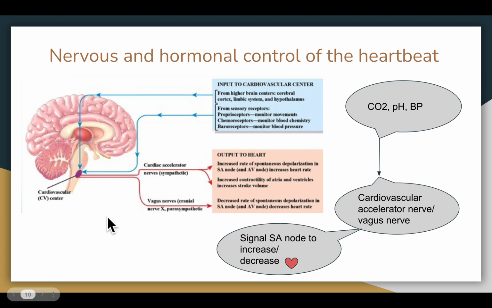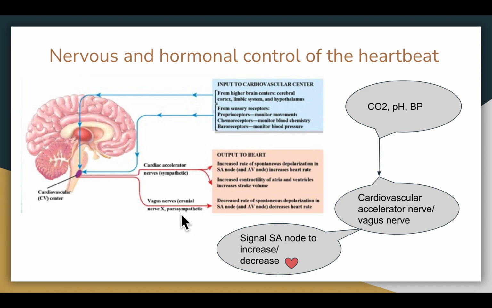This center can either signal the sino-atrial node to accelerate or to decelerate. And the nerve that causes the acceleration of the heart is called the cardiovascular accelerator nerve, which is also sympathetic, and the nerve that causes the deceleration of the heart rate is called the vagus nerve,